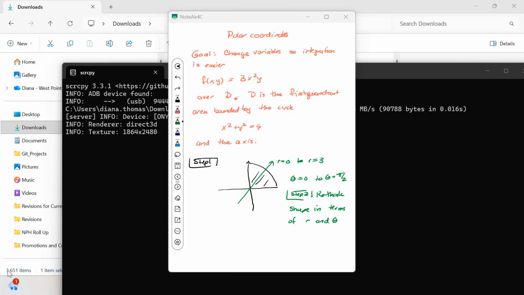Second step, you're going to make the transformation in your original integral. And the x is cosine theta, just like you remember from when you were in pre-calc. It was just cosine theta if it was the unit circle. But if it has a radius, it's r cosine theta. And I think you did that in this class, right? Polar coordinates. And so y was r sine theta. The only thing you have to remember is that